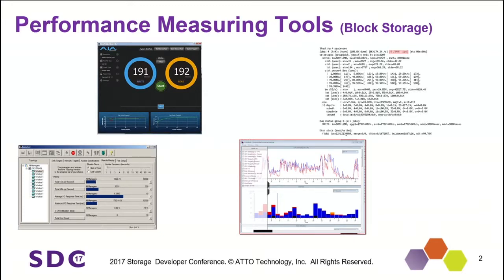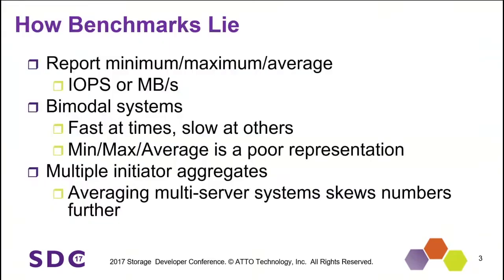They're giving you these aggregates, right? And that's the real problem that we started running into. So what are we looking at? They'll give you a minimum and a maximum and an average, IOPS or megabytes a second, or you can get latency out of them. But you're getting all of these aggregates together, and you don't really have a good idea what's going on, especially if you're in something like a bimodal system. Something that's fast at some times, slow at others. Well, you're just going to get a straight line that's kind of your average in the middle, and you don't really realize what's going on with that.